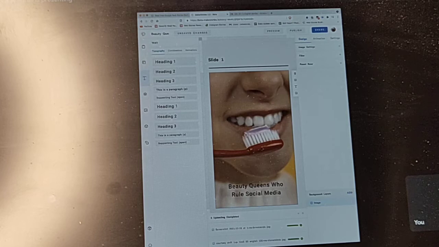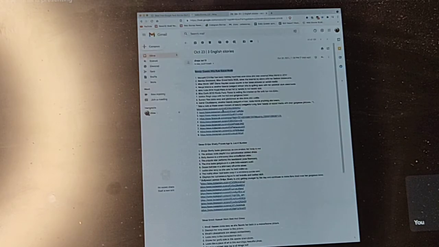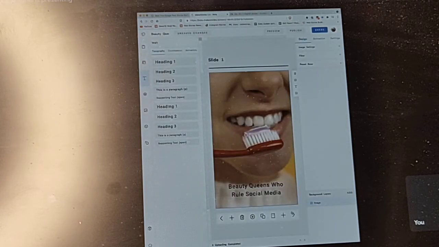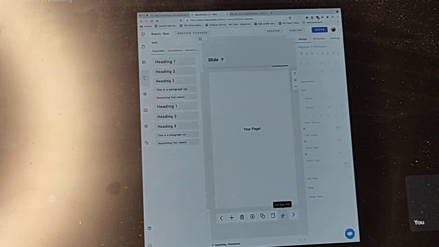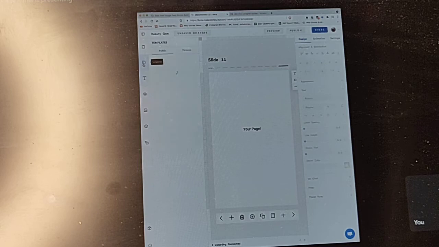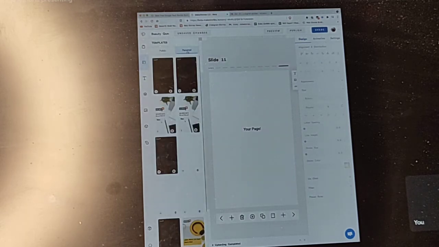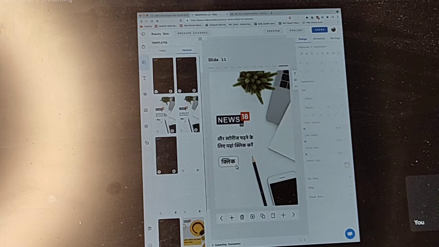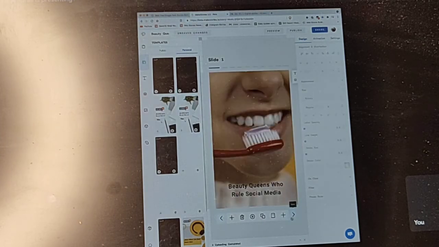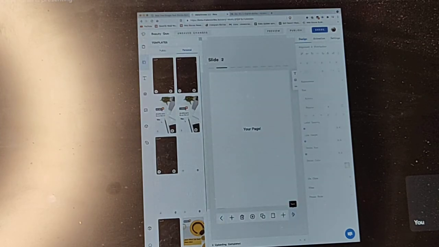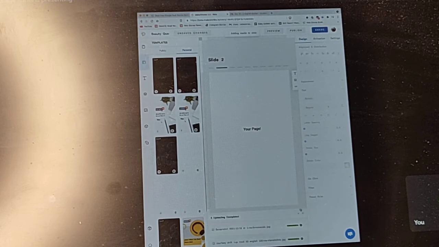You have to make basically 11 slides, as I showed you in the mail: heading, 9 points and a logo slide. We'll create 11 slides total. Slide 2 is adding the next photo.